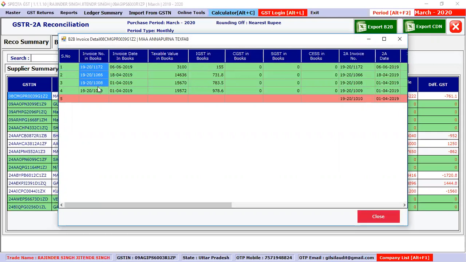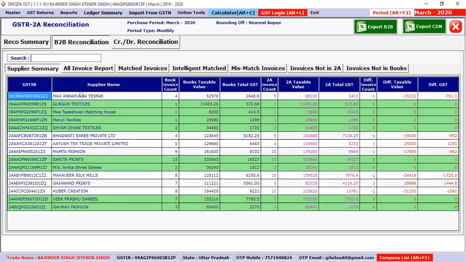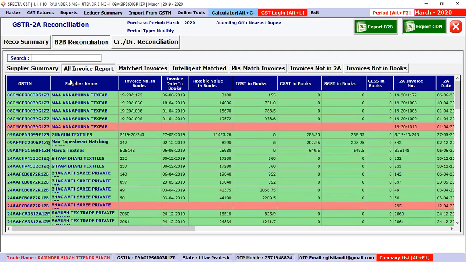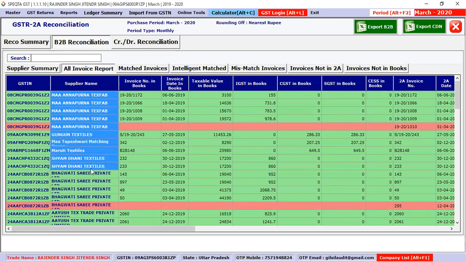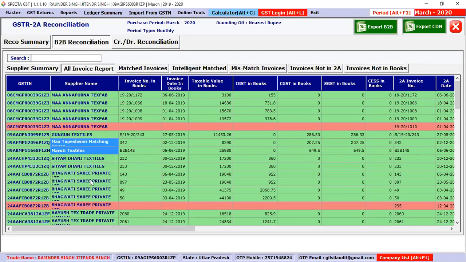You can see 4 invoices got matched and 1 invoice which is available in GSTR 2A and not available in our books data. If we need to check all the invoices which are available in our GSTR 2A and in our books, you can see the all invoice report.